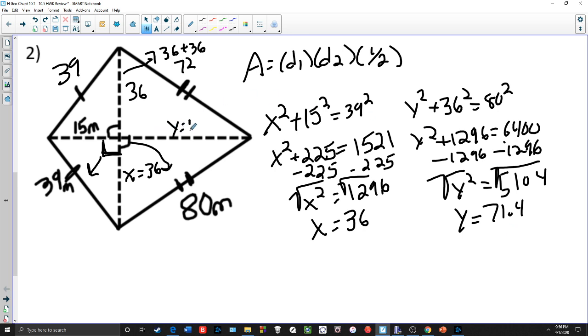And then to end it, I don't want just the 71.4, I want the entire diagonal, so it's going to be 15 plus 71.4, which will give me